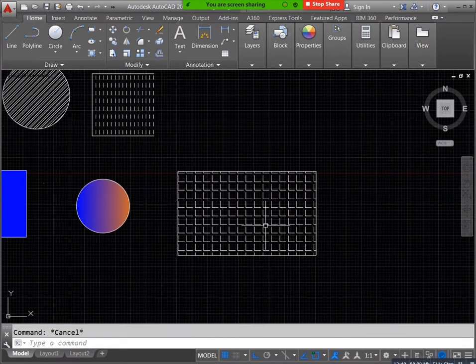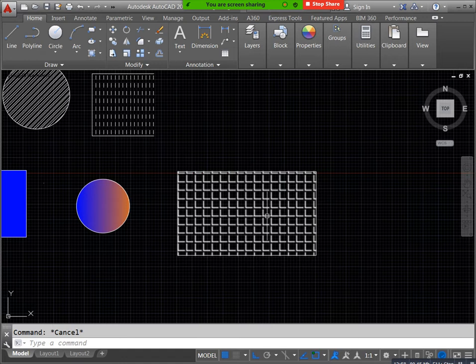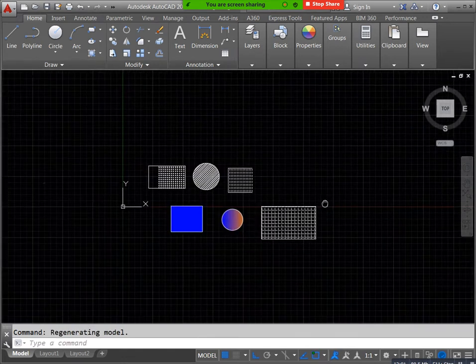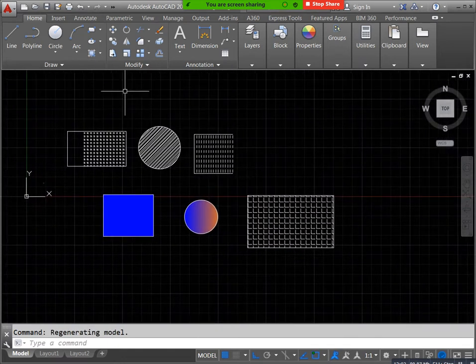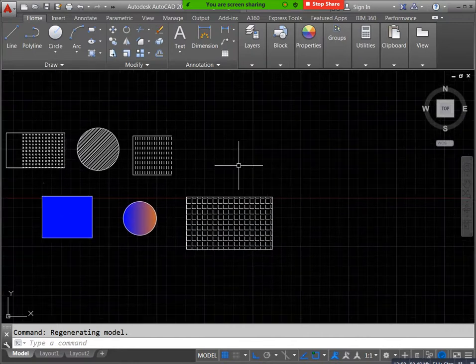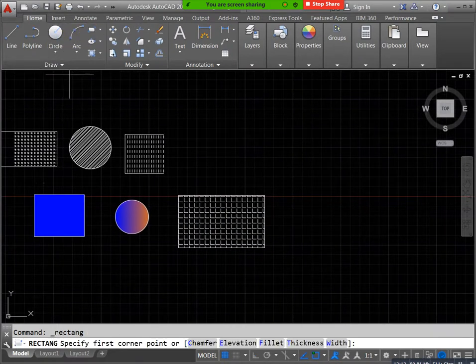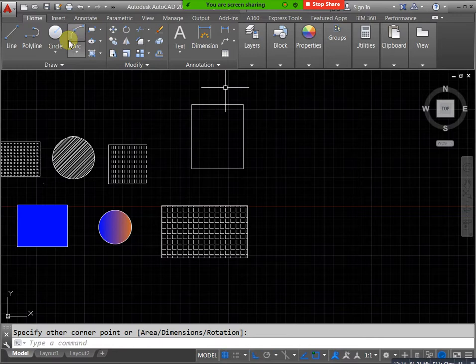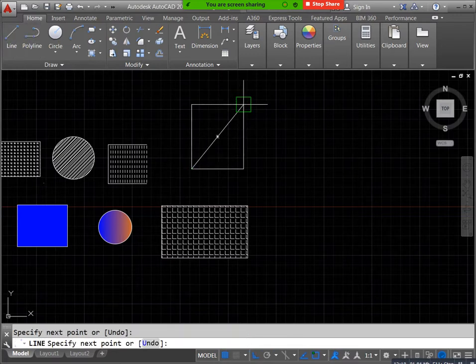Next, after gradient we have one more command, that is boundary. Why we use boundary: boundary is also one way to copy a region. I have one rectangle like this and you take one line. I need to copy this right angle region, one side region. In that condition you can easily use boundary. You can mention boundary, BO enter. Boundary shortcut is BO enter. After that you will get the boundary creation dialog box.